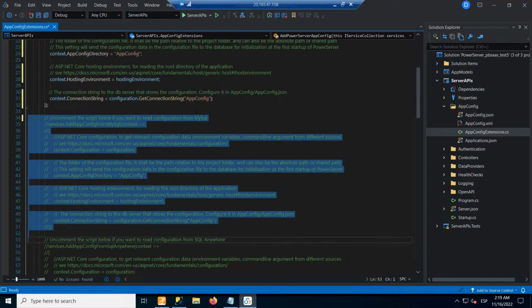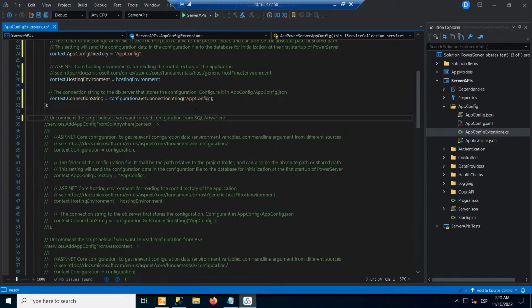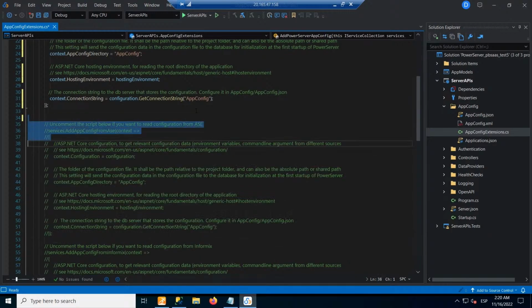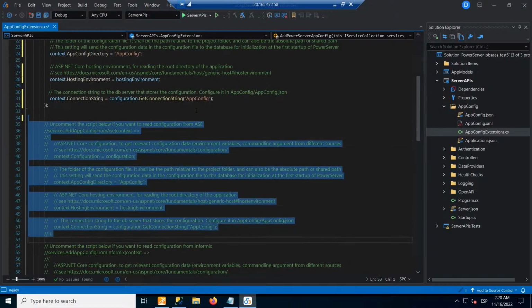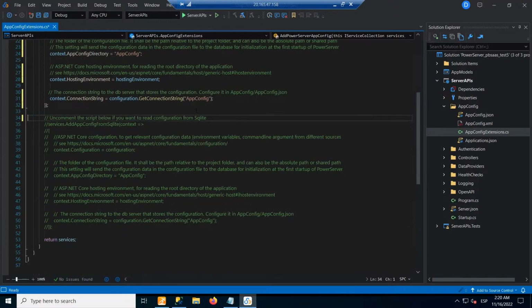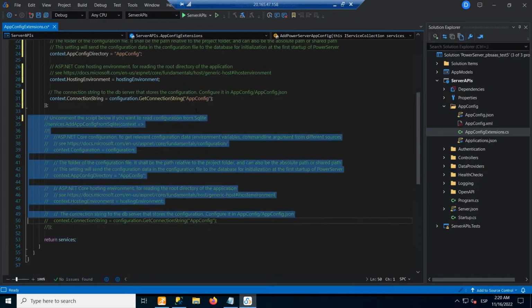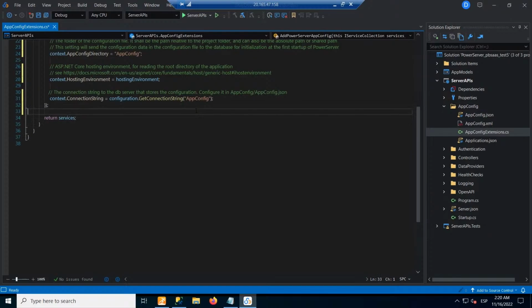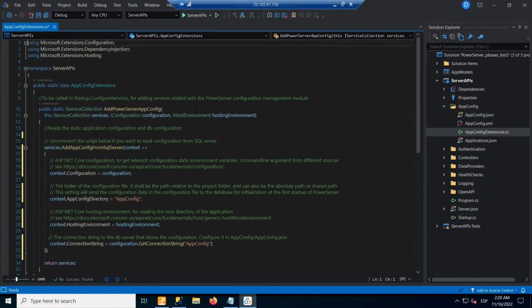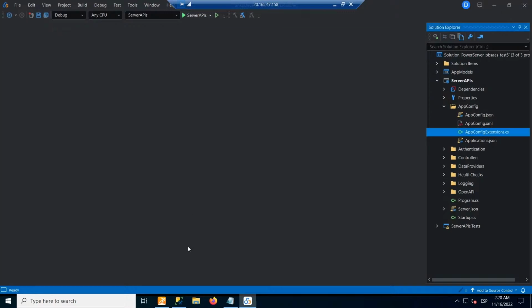MySQL, you will need to uncomment that if you are using SQL Anywhere, Sybase ASE, Informix, or SQLite. Okay, I just need the configuration for SQL Server. And that's it. I just need to save,